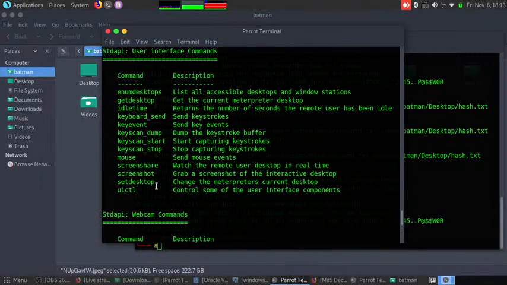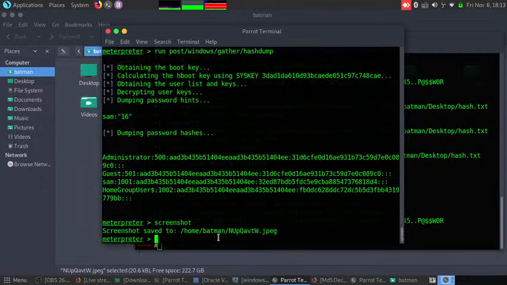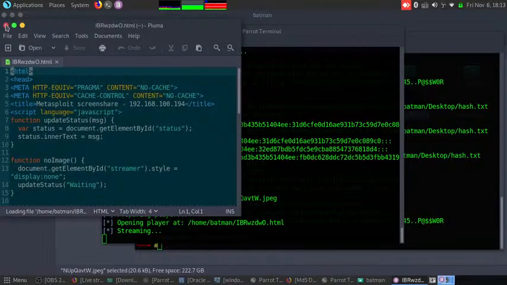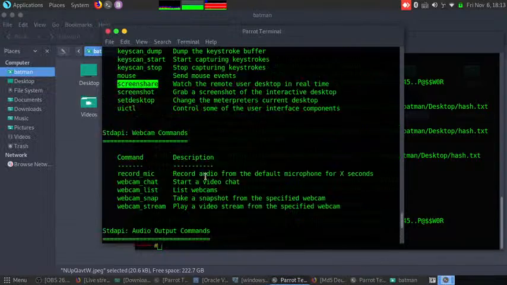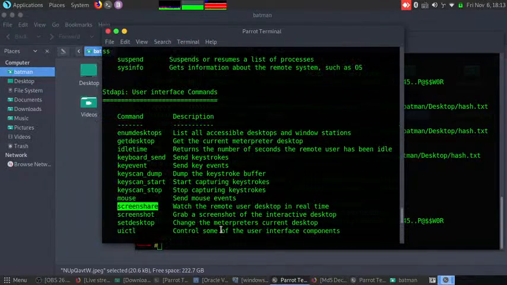Except for screenshot we can go for, I don't know, this is not going to work. Still, let's try. Yeah, okay. Now the next one is